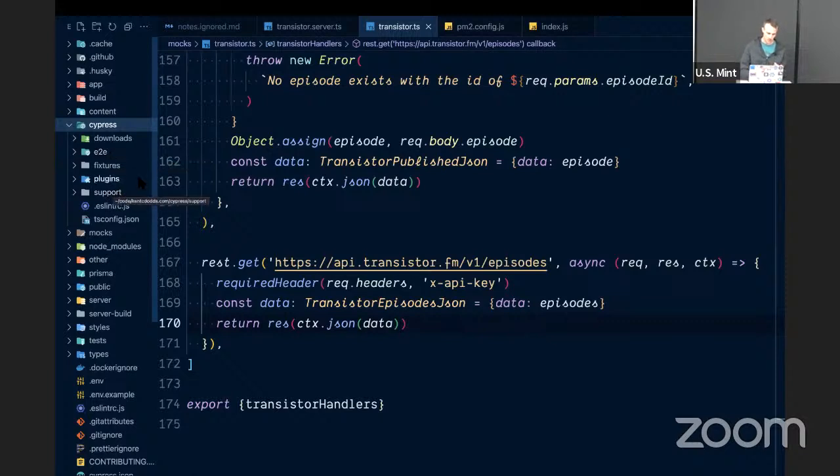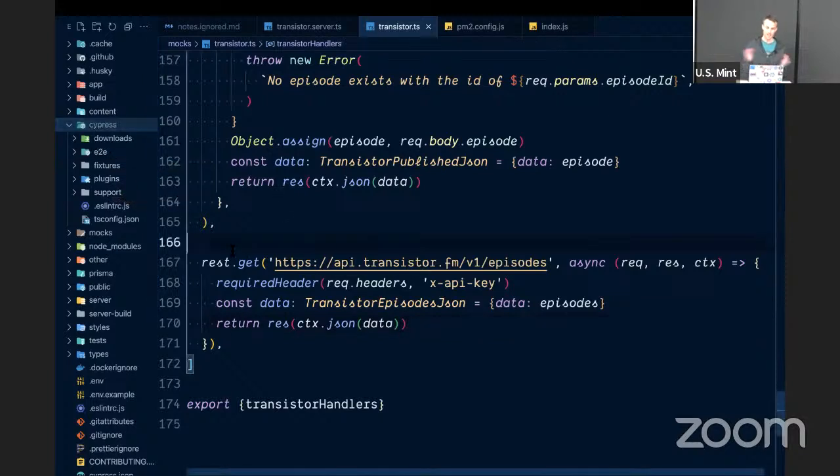So with Cypress, or with end-to-end testing in general, you want to only have one test that goes to your login screen and goes through that login flow. A really common practice is to have every test do that so that you get in a logged-in state and can continue with your test. But that adds like 5 seconds to every single test that you write.